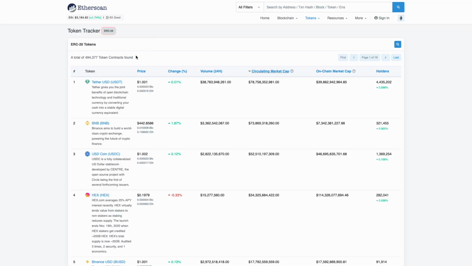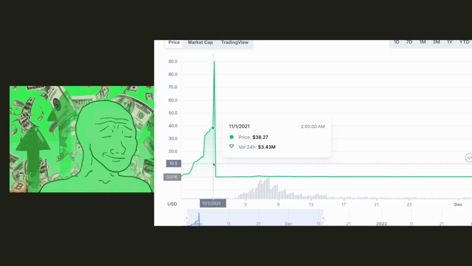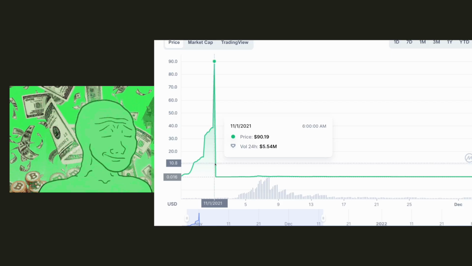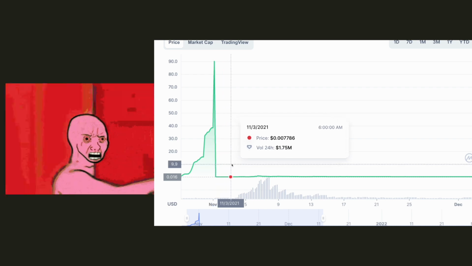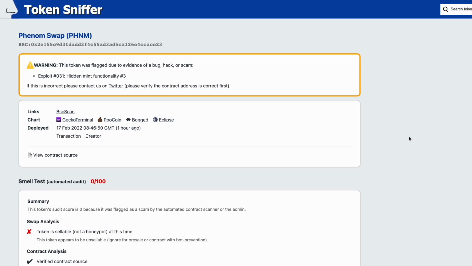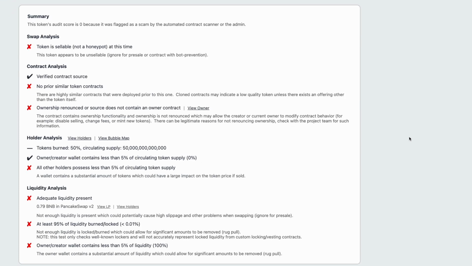And as many good projects as there are out there, with over 400,000 ERC token smart contracts that are deployed to Ethereum mainnet, some of these tokens are only designed to part you from your money. And if you're invested in crypto projects, there are tools out there such as Token Sniffer that help identify malicious contracts by providing helpful metrics about tokens and the likeliness of possible rug pulls,